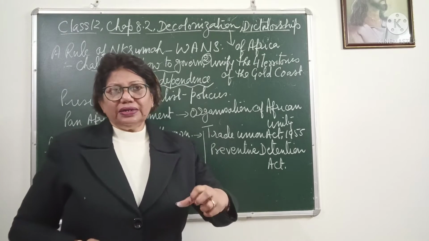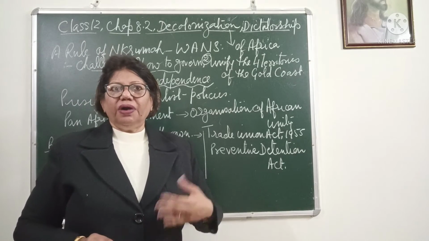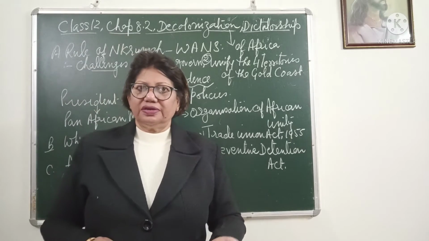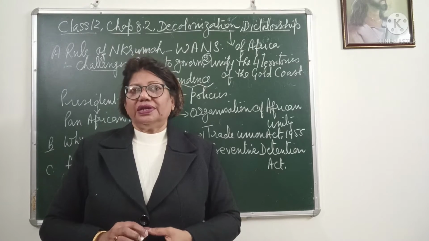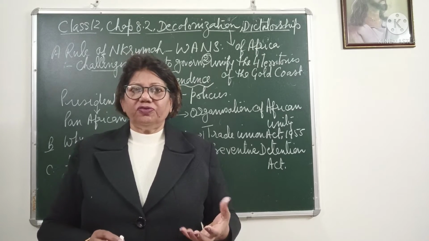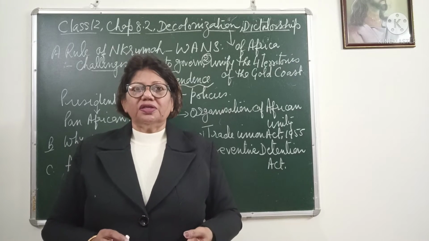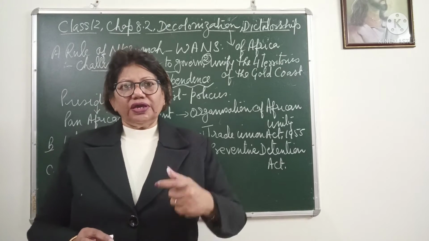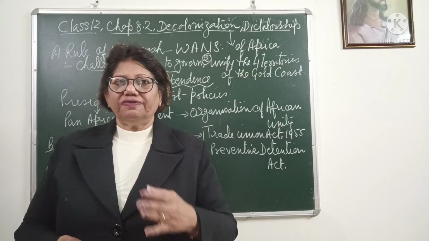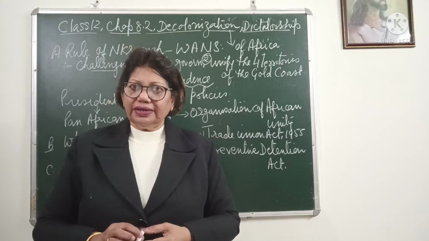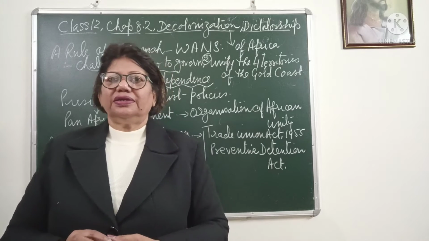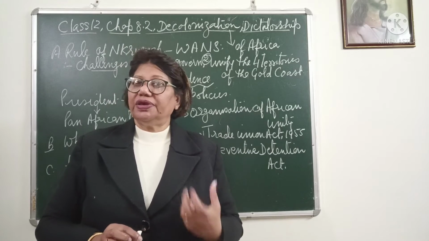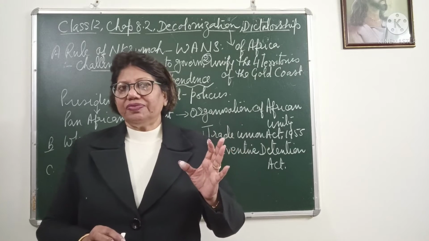When he was thinking about the future of the African countries, especially Ghana, he realized that if trade with the colonial people was reduced, we would not be so dependent on foreign money. If we did not allow them to trade or set up their colonies in African countries, especially in Ghana, automatically we would not be dependent on foreign money and we would become independent, because at that time the main